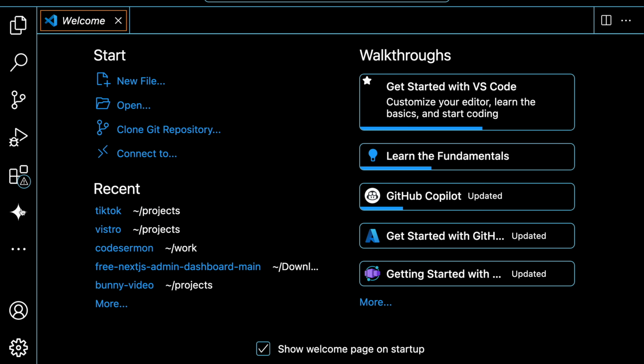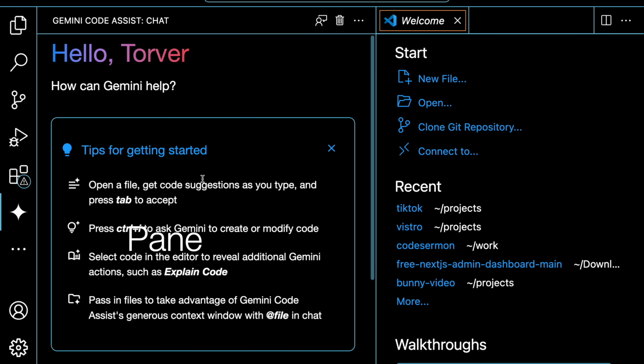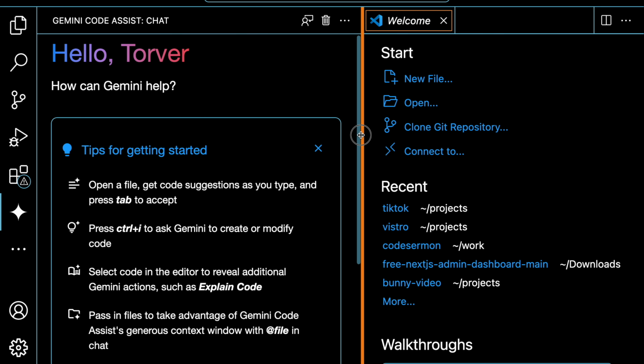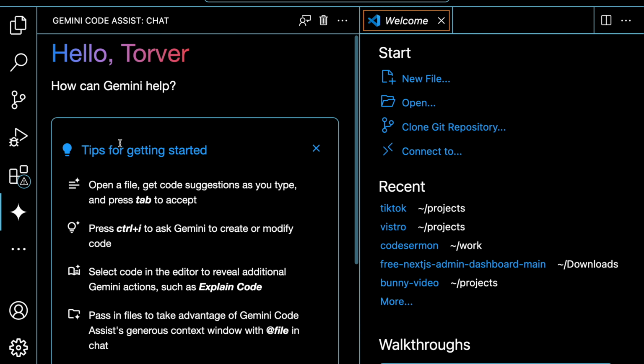So you can see it over here, and when you click on it to open this command, you can go ahead and expand it. If you are not yet logged in, it will ask you to sign into your Google account. So ensure you have a Google account before you'll be able to make use of this extension. Within this extension over here, you can give it a set of commands. You can also ask it to generate unit tests for you, do any kind of stuff